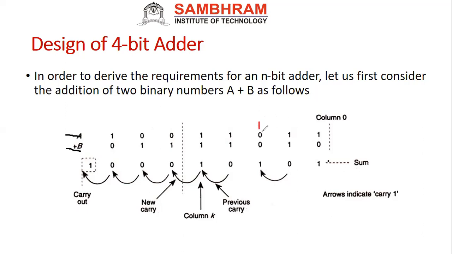1 plus 0 plus 0, the sum is 1, then the carry will be 0, so there is no arrow mark over there. Next 1 plus 1, the sum is 0, again what will happen? The carry will generate, so that is why the carry is generating. I can write it like this here also, this is carry actually. Next, when I add 1 plus 1 plus 1, what will happen? The sum is 1, again the carry also is 1.